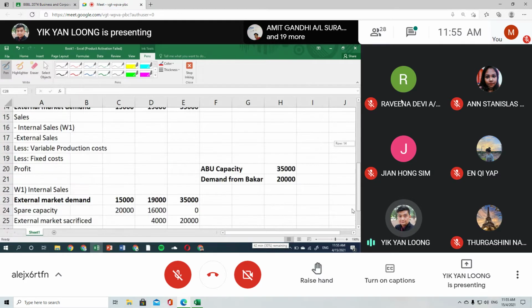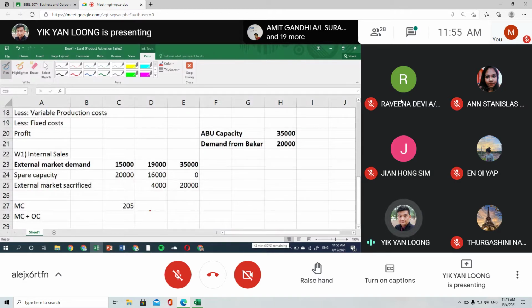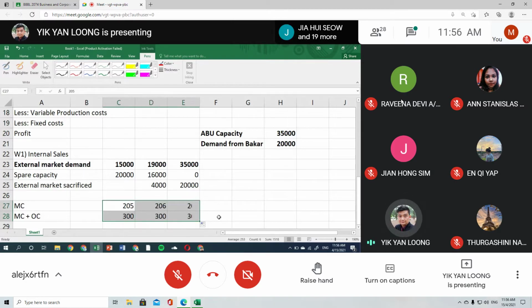My marginal cost is still 205, and I add 95. So my marginal cost and opportunity cost will be 300. I add up 205, 205 as well. These 20,000 units are